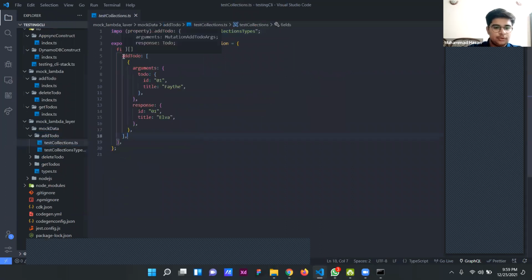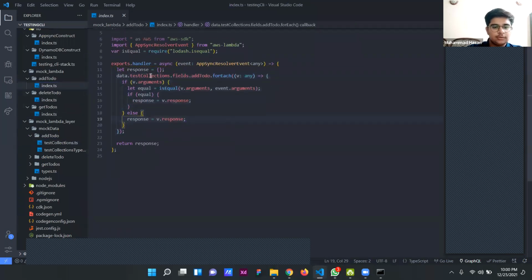As you can see here, it has arguments and response. This is mock data generated by CLI that is being used over here. We are just looping on the mock data, and whatever argument is passed,